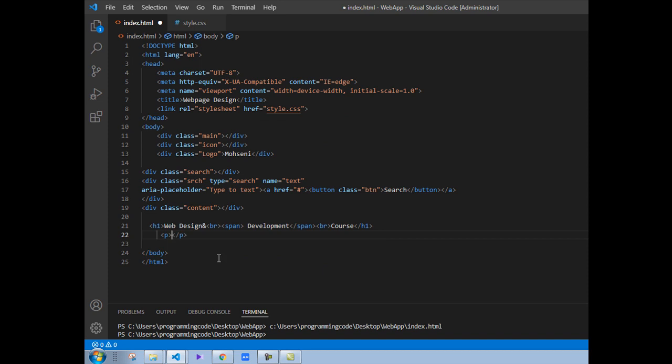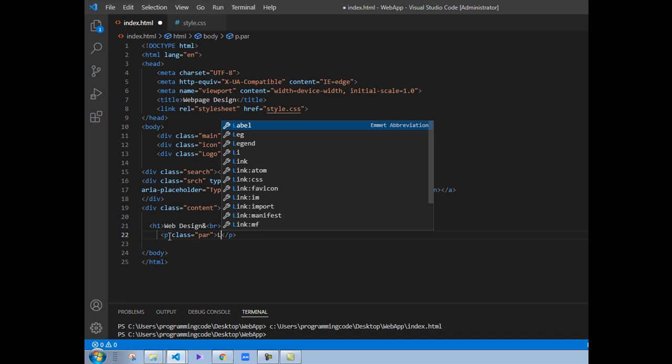Inside this we have the p tag. Inside the p tag element we can put a title, for example paragraph, class is equal par. Then we can write, for example, if we want a researcher to learn or search more about this web page, learn more